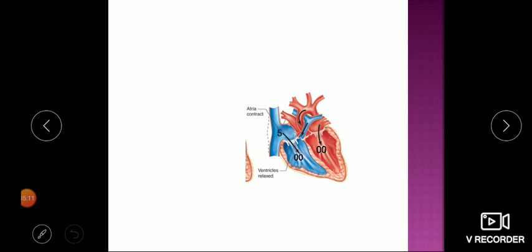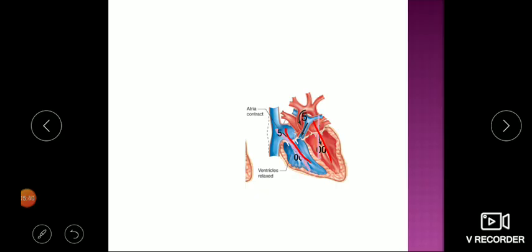increase. So here you can see pressure is 5 millimeters of mercury in the right atrium as well as the left atrium. Now what will happen when the pressure in the atrium is 5 and in the ventricle pressure is 0? Blood will move from atria to the ventricle. Okay, this is a simple one. So when atria contract, blood is pumped from the atria to the ventricle. So that is the first event of cardiac cycle, atrial systole.